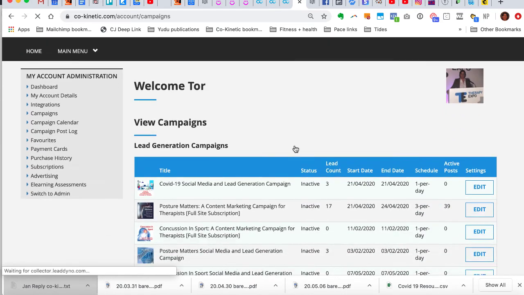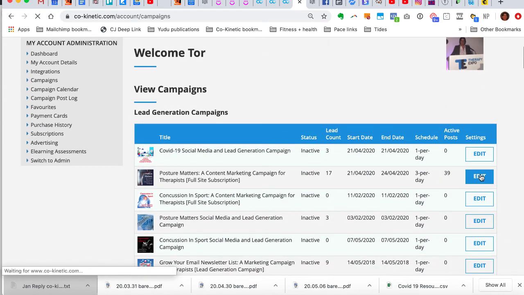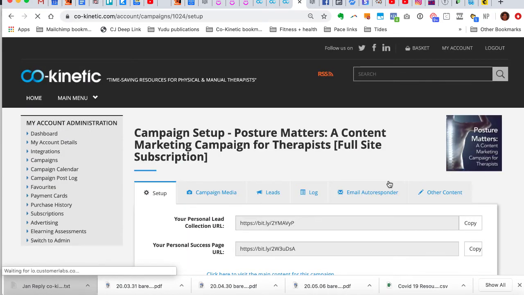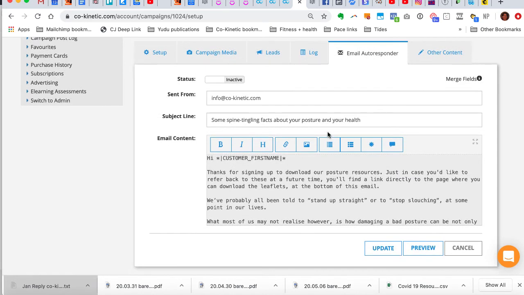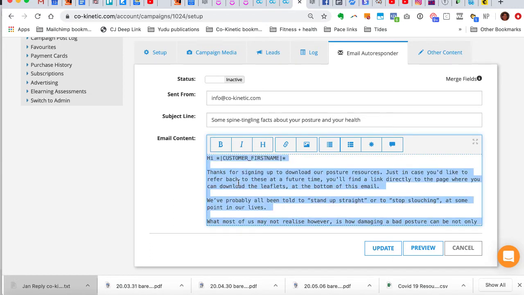So let me just show you where that is. Normally you would find it under the campaign, and you will find a tab. You may not see this other content tab because that tends to be for our full site subscribers, but you will see this email autoresponder tab. If there's no autoresponder there, then don't get on my case about it. We don't always produce them, but generally I do try to, and you just copy and paste this